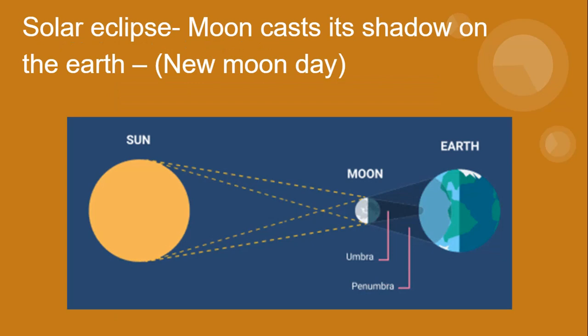You already know that the sun provides us light. We also know that the earth revolves around the sun while the moon revolves around the earth. Occasionally, the moon comes in between the sun and the earth. On this occasion, if the sun, moon, and earth are in a straight line, the moon very briefly blocks the light of the sun from reaching the earth. In other words, the moon casts its shadow on the earth. This is called a solar eclipse. During a solar eclipse, the dark side of the moon is towards us, which happens on a new moon day. Thus, a solar eclipse always occurs on a new moon day.